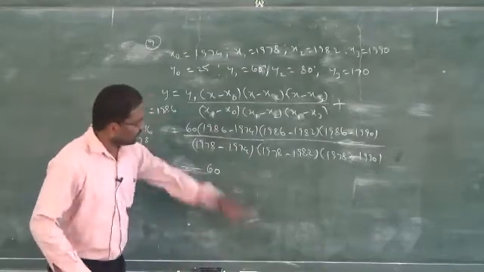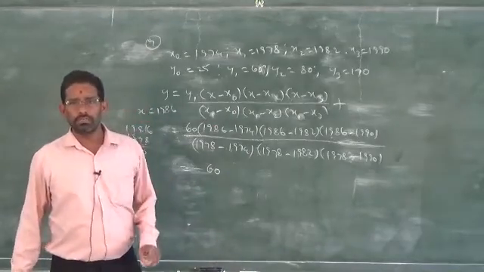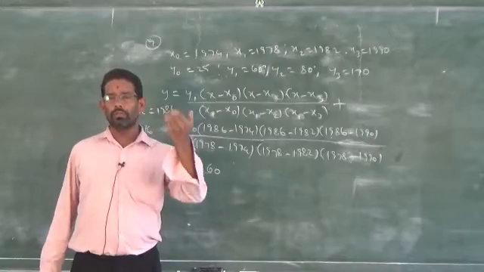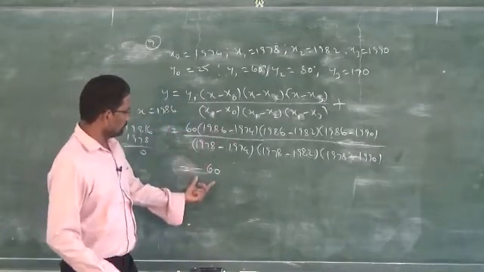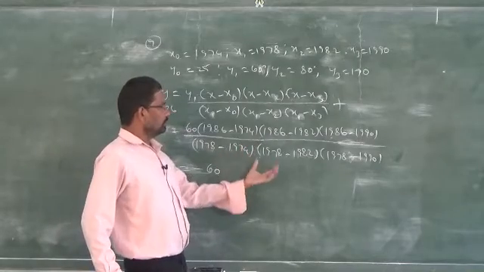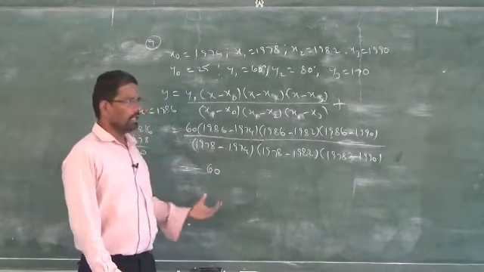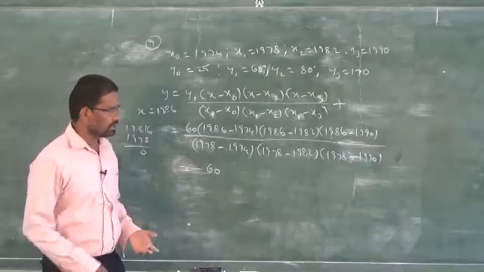Sometimes I make mistakes deliberately. What is the reason behind that? To know whether you follow the classes or not. So be careful. Don't simply write down the answer like this after this stage. You have to simplify like the previous steps, and if you start to simplify, you will get minus 60.